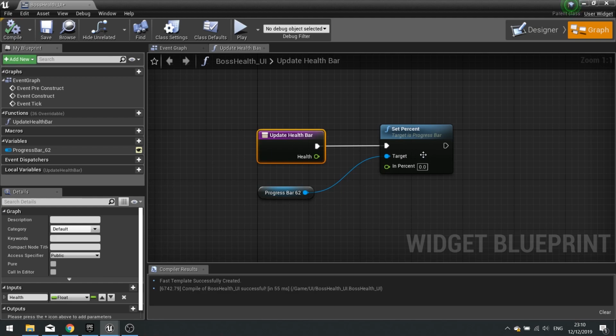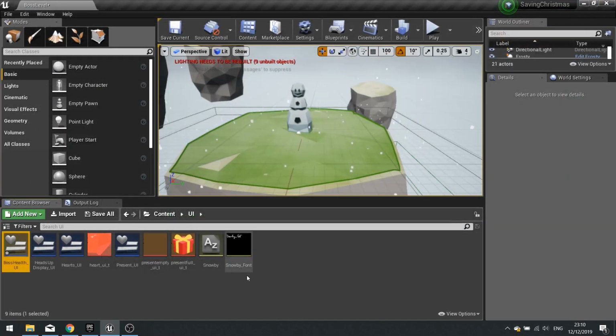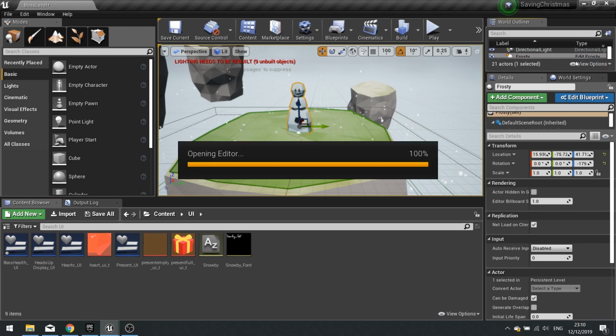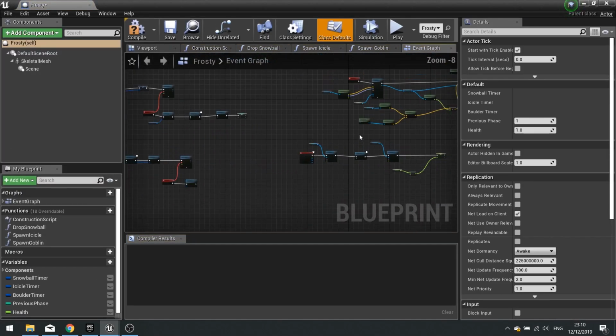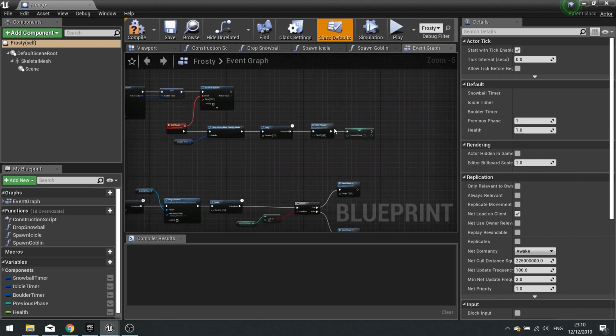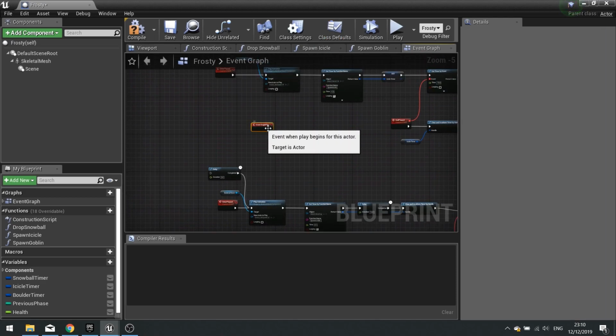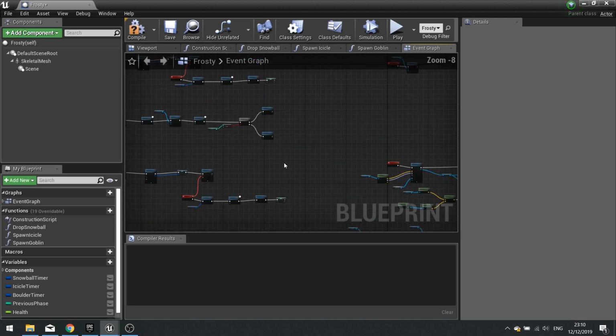Compile, and we're done there. And we're done here. We're going to close that and go into our Frosty code. Okay, so now to set it all up. Now to start the game, start a level rather, we want the begin play. So let's go to begin play, and begin play